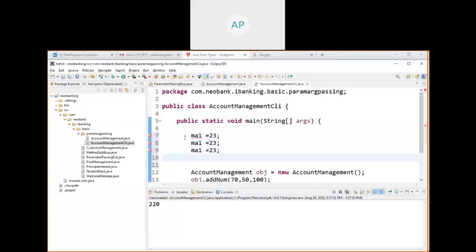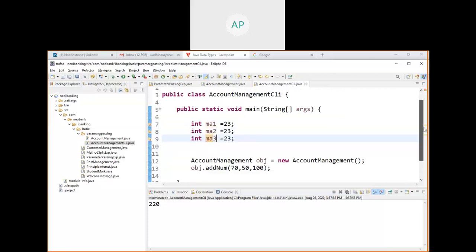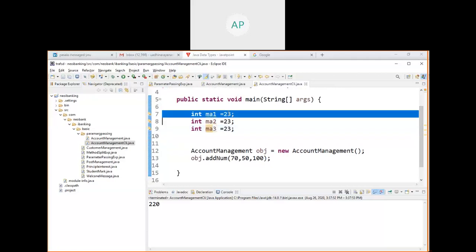Control C, one and the same, control V. So int, int, int, and so on, and 2 and 2.